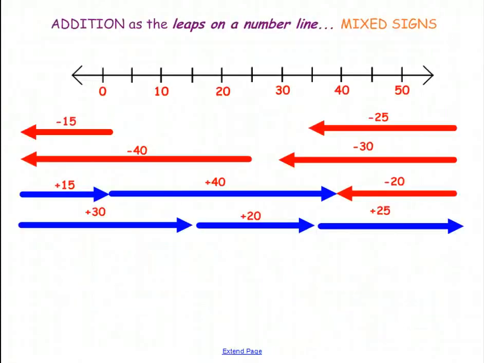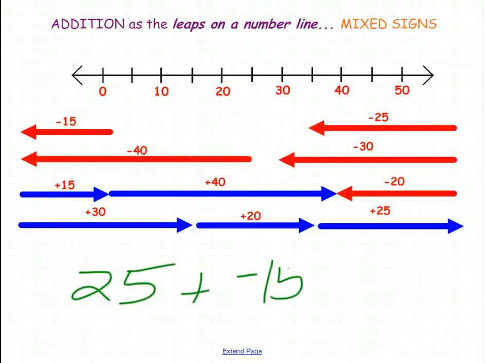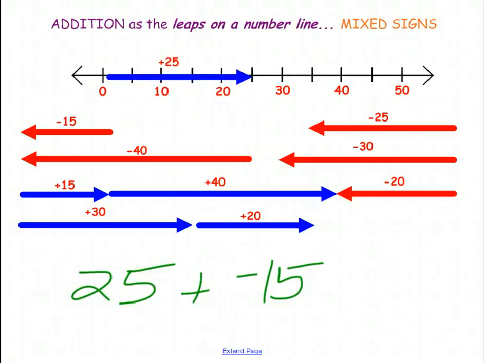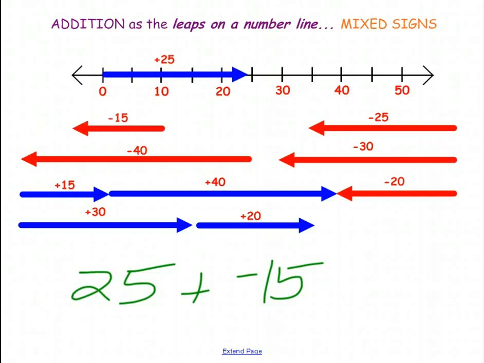But now what do we do if we have integers that have mixed signs? That is, if we're saying, for example, what is 25 plus negative 15? Well, in this case, we definitely want to view both numbers as leaps on a number line. So let's take the 25, put it on the number line, and see that our leap now is 25. And then if we take the 15 and put it also on the number line,